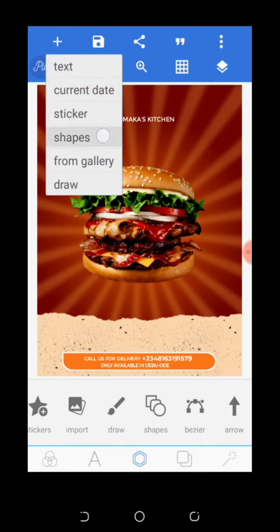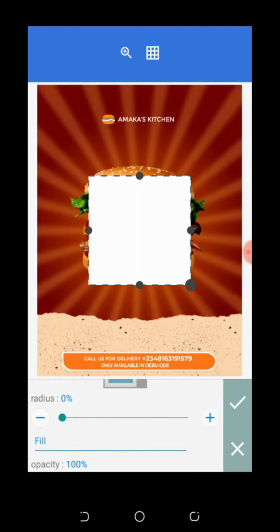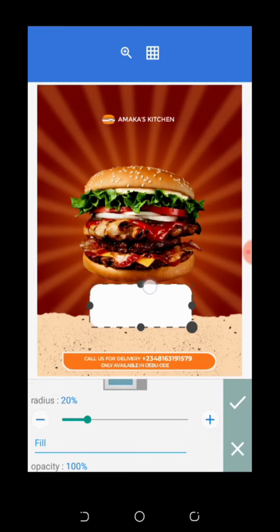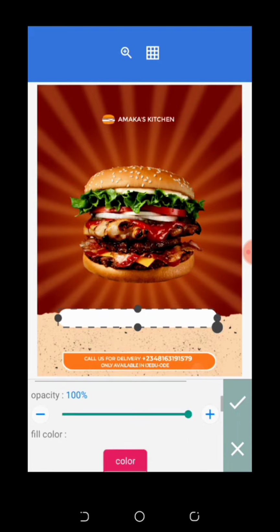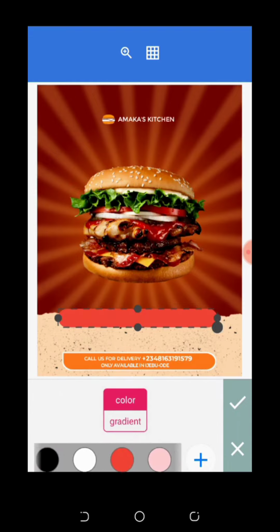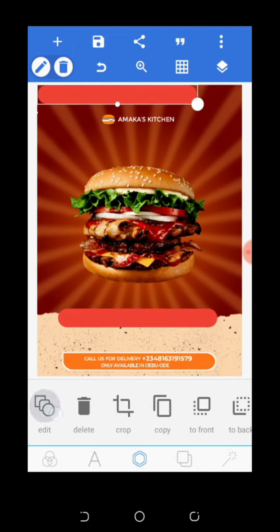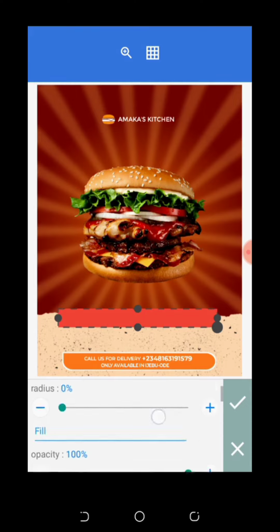The next thing is just to come to shape. Well, let me show you how I created this particular one. This element, the size is 20. Then I just move it like this. Okay. Alright, so let me just give it any color. This particular one, so I copy it, come to edit. Don't worry, I can just leave it like that. Reduce your radius,